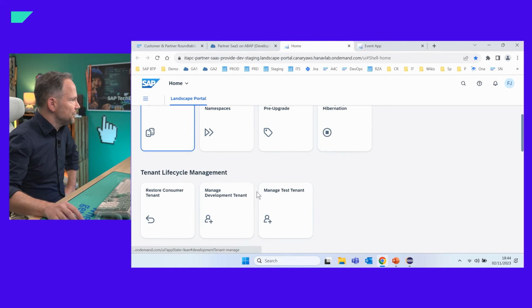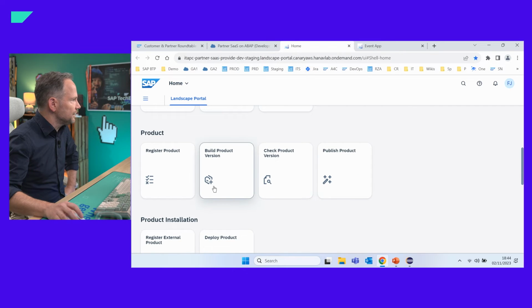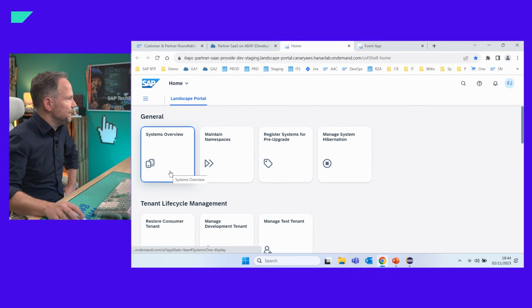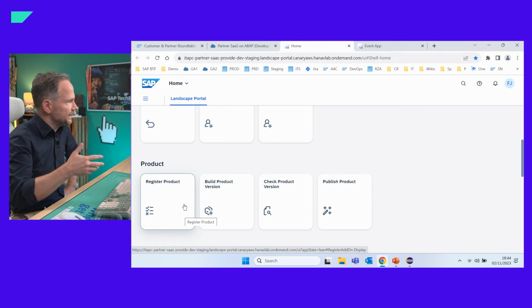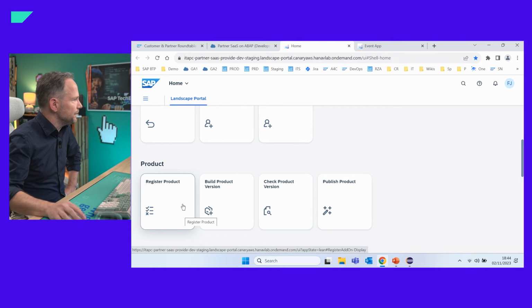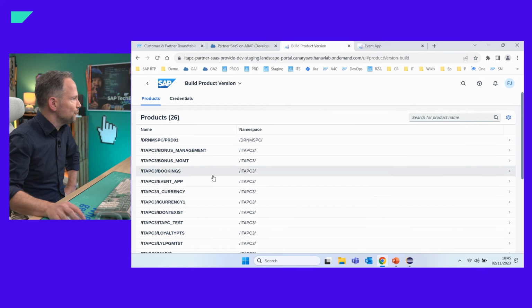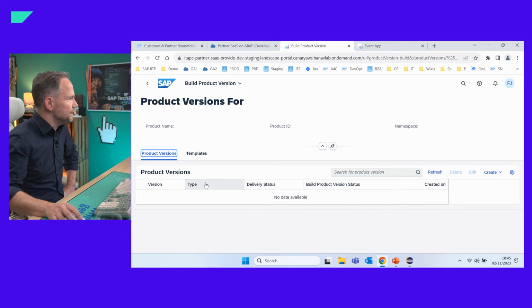As an administrator on the partner side, I just need to register my app one time. It's just a one-time effort to provide a name and also to register this product for this global account. And the second thing is I need to define how to build this app.